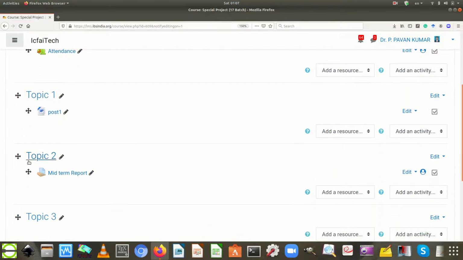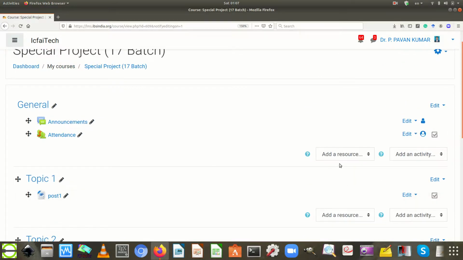The third section is named Topic 2. Subsequently, other sections are named. The user needs to observe that every section contains two drop down boxes called add a resource and add an activity.